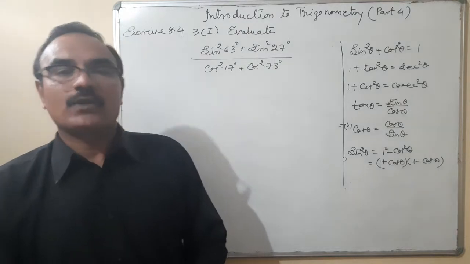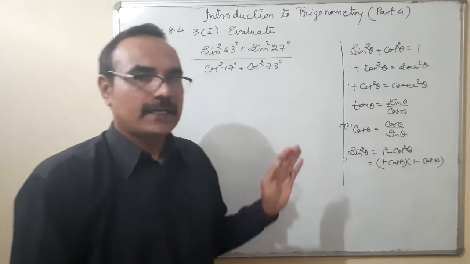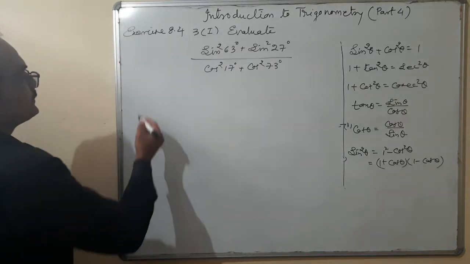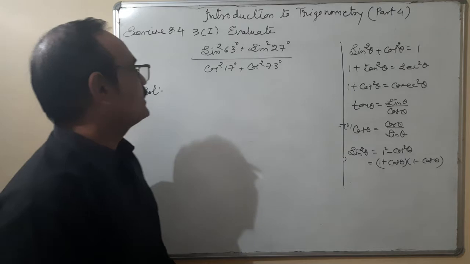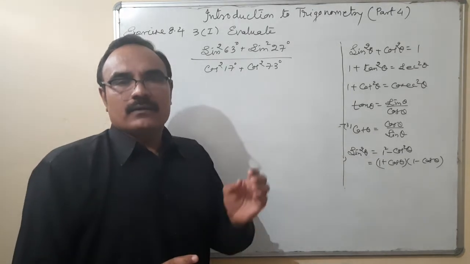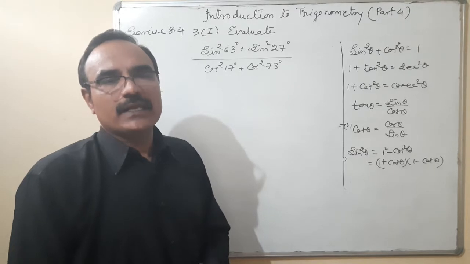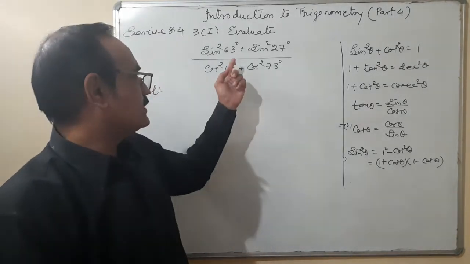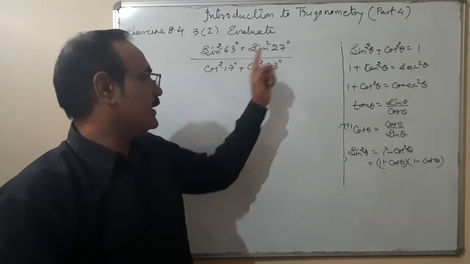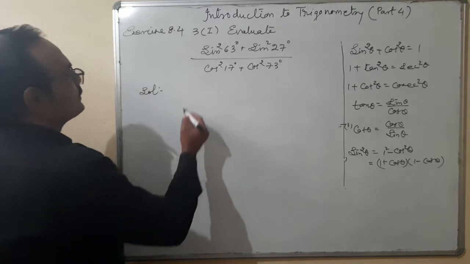Here two terms are used. One is complementary ratios, complementary angle, and second one is trigonometric identities. How complementary? Because as I told you, when the angles are coming apart from 0, 30, 45, 60 and 90, any other angle coming, that means we will understand that, okay, we'll have to use here complementary angle. You can see that the sum of 63 plus 27 is 90, 17 plus 73 is 90. So one of them will be changed.